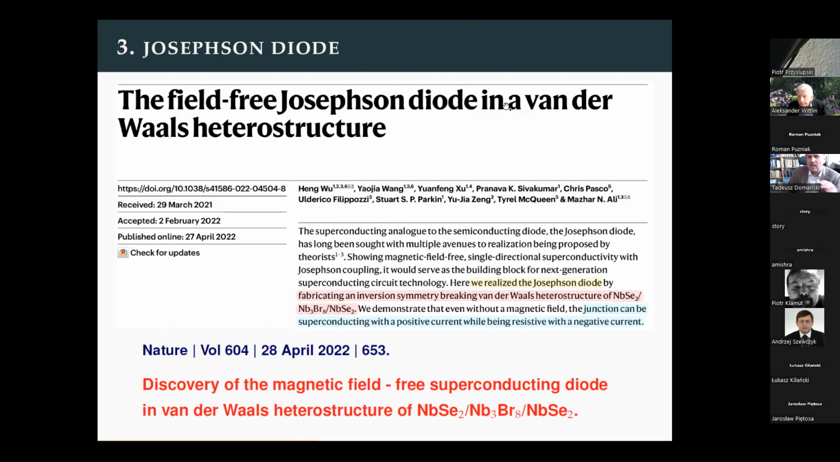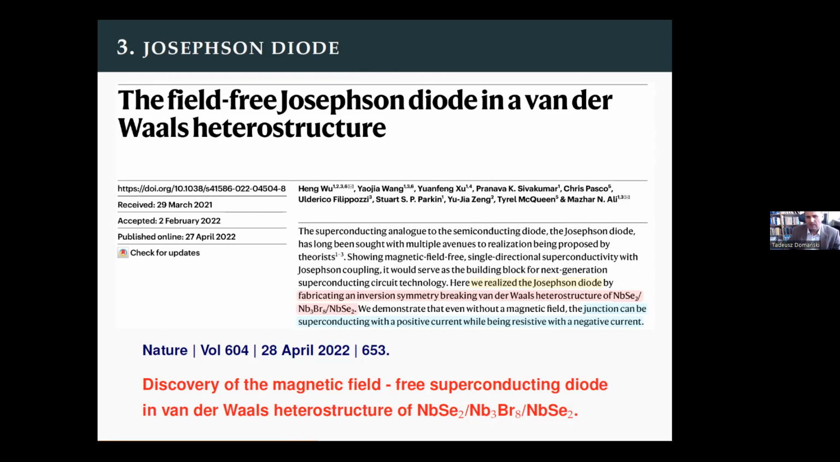So this is like a diode, like a semiconducting diode with PN type components. In this case, of course, such a Josephson diode can be realized using the additional support of a magnetic field, but less than 1 year ago, in April